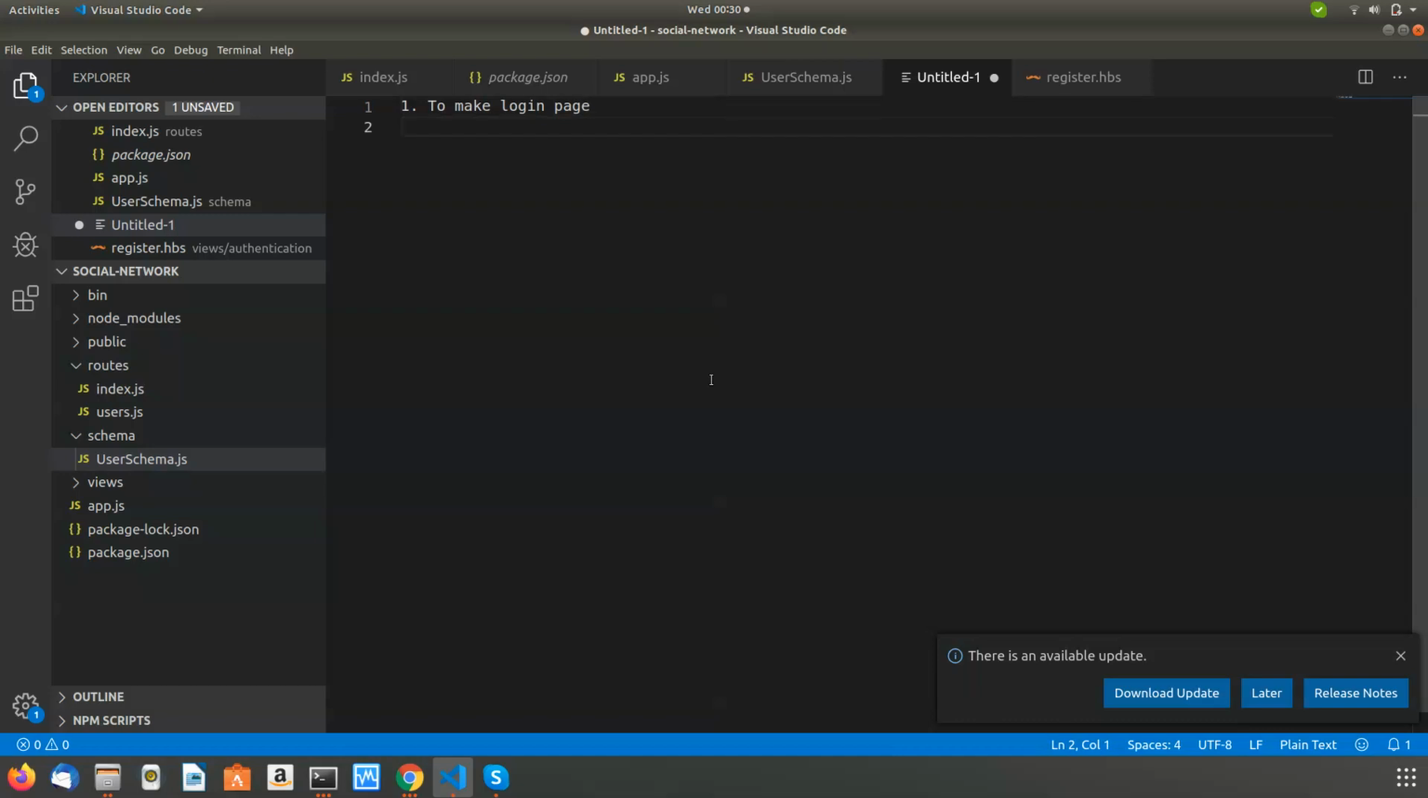I'm making a note because it will be there, even though we are not going to save it. So to make a login page, this is my first task. Second will be to work on login functionality. Then third will be